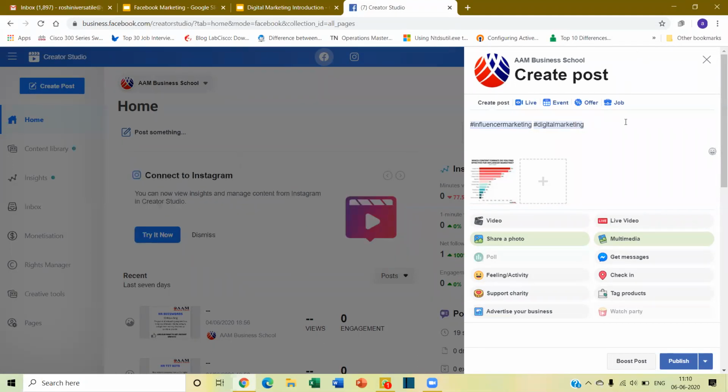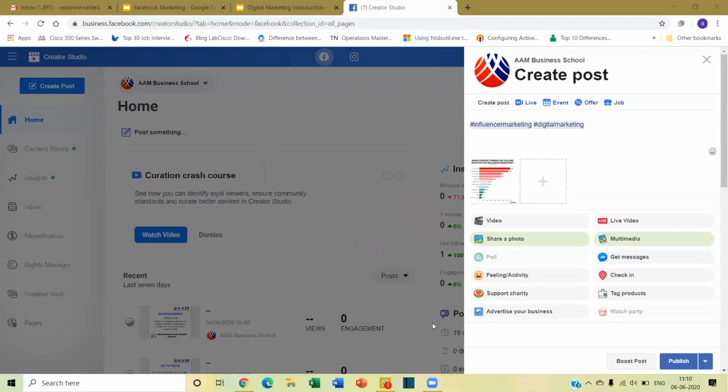Yes, Arun Sekhar, any clarifications? Sir, if our account is private, then is using hashtags useful or not? I didn't get you. Your account is private, okay. If you are private, then there's actually no need, because hashtag culture itself is for promotion only. The main idea behind using hashtags is to get visibility of the post. If you don't want the visibility factor, then there's no need to use hashtags.